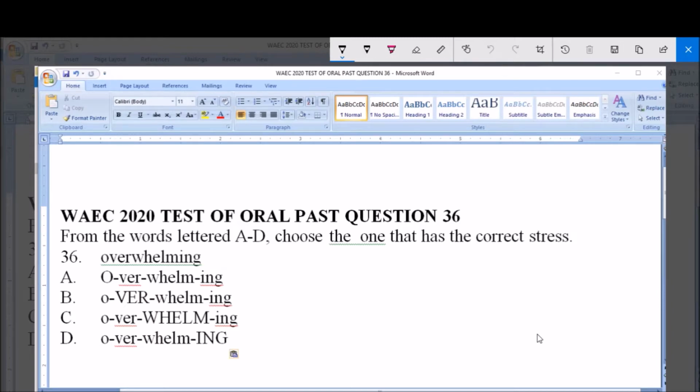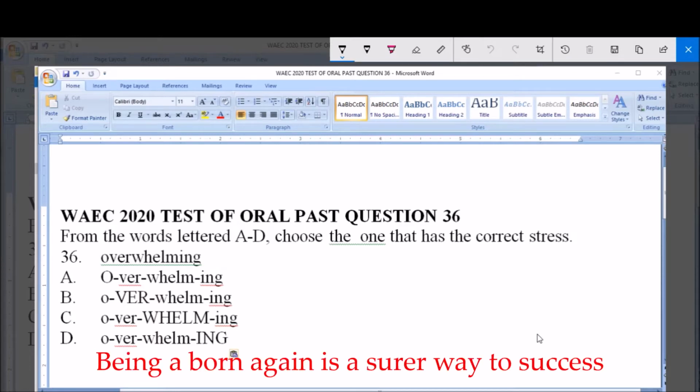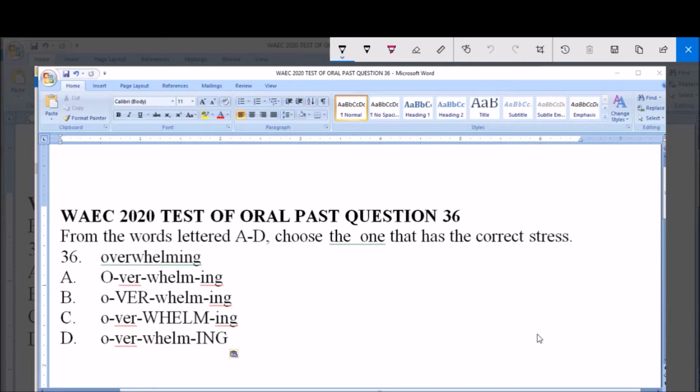And the given word here is pronounced as overwhelming, not over, because in English phonics there is nothing like o. So now in this given word we want to find out the syllable that takes the stress. Option A. In option A,